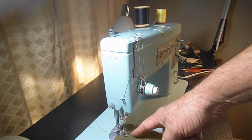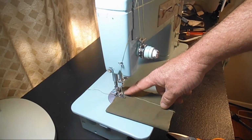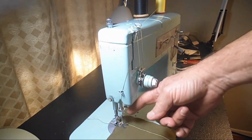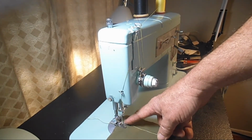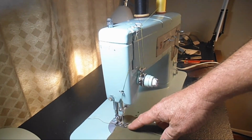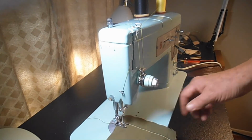And if you use center or of course right, that right needle is just going to smash into your presser foot. And for width, you can go between 0 and 2.5 for the width. If you go any wider than that, your right needle is going to hit that presser foot. So you can't go to 3 or 4, 0 to 2.5. And I usually go about 2. So I'm going to do a width of 2 on double needle,